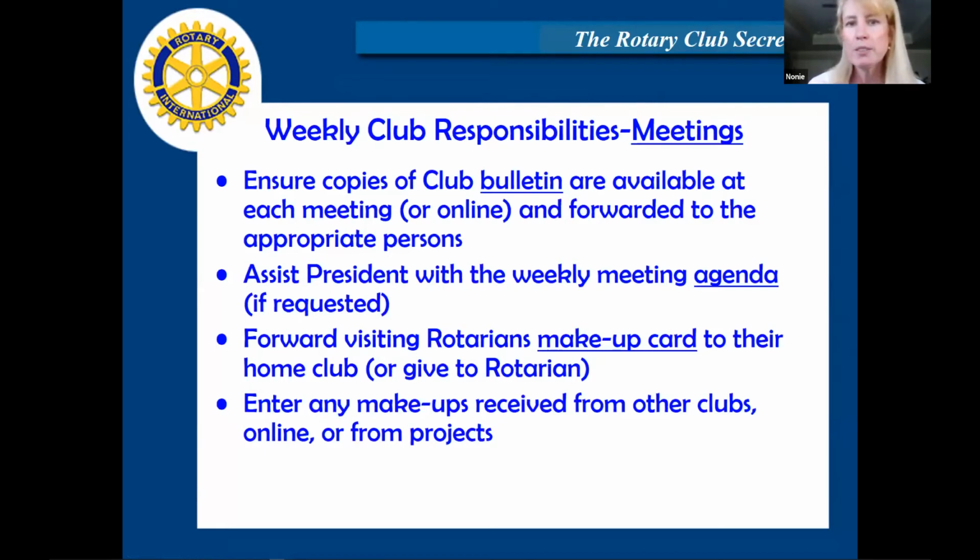Here's a copy of our bulletin this week. At least it shows that you're really there listening and paying attention. So assist the president with the weekly meeting agenda if requested. Some presidents don't really want any help. Some presidents would love to have your help. So make sure you have that good dialogue beforehand with your president to find out what he or she is